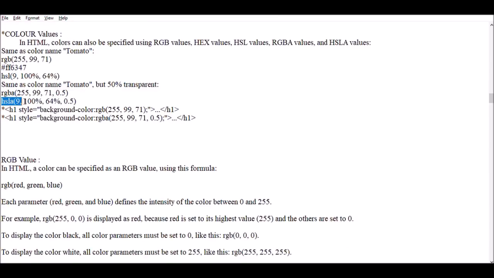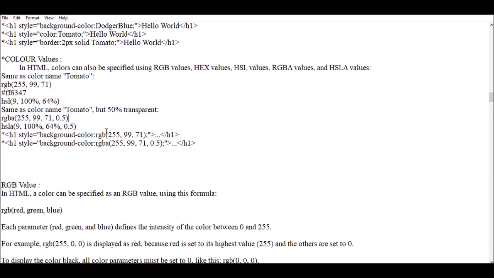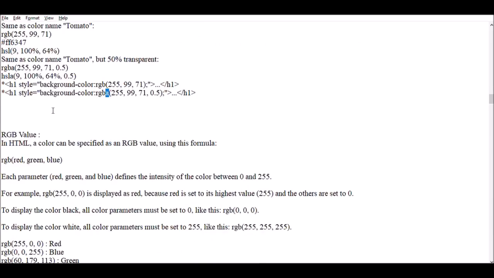Similarly for HSLA, we should mention the 50% transparency. So if we want to give the color by a combination of red, green, blue, then we can use style background color rgb with these values, and if you want transparency, then you must use RGBA. We use the extra A for the transparency factor.